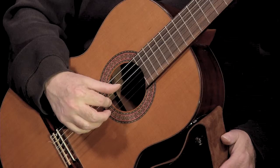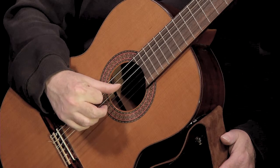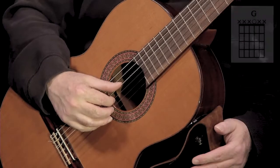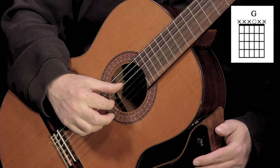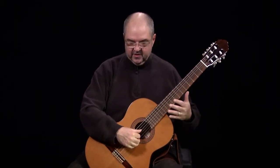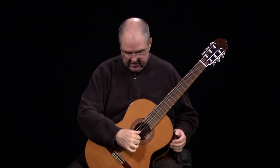Now start pulling the string towards the palm of the hand until the finger rolls over the string and makes a tone. So you want to listen to that tone, listen to the whole length of it, because the longer the tone, the better the quality of the note is. So there's no hurry. We just want to listen to the tone and make sure it's a good, solid, and loud tone. Keeping the thumb on the 4th string, now we're going to move to the 2nd string,